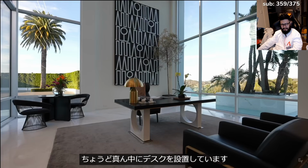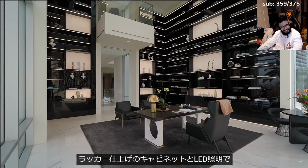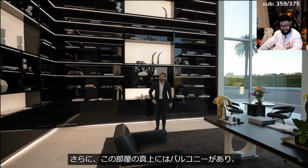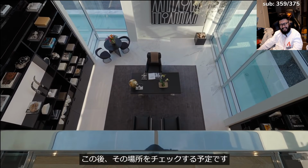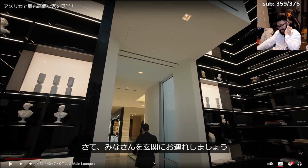Scale is amazing. We have the desk set up right in the center, and the entire room is complemented with Italian lacquer finish cabinetry with LED lighting that looks really sleek. And on top of that, right above us, we actually have a balcony looking down on this room, and we're going to check that space out later in the tour. 何これ Now, bringing in ちょっと待って、こんな演出見たことない。何この家。